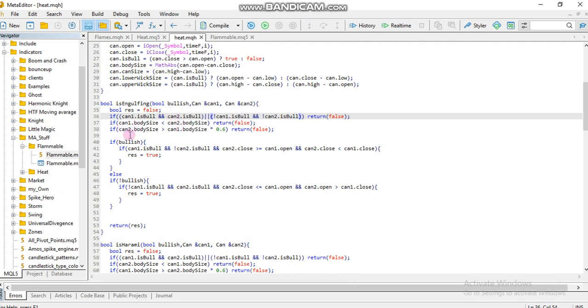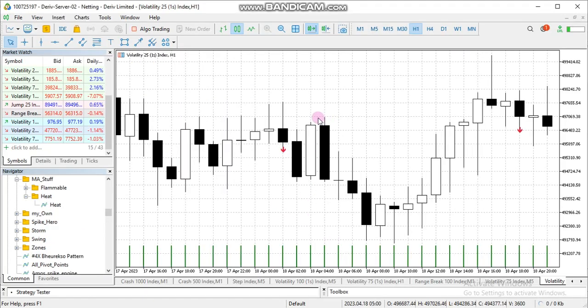And here all I'm saying is that if the candle 2 dot body size is greater than the candle 1 dot body size times 60%, meaning that even though this is technically an engulfing pattern if we were to actually calculate it, it's not ideal. I don't see this as an engulfing pattern, but again, you can tune this to